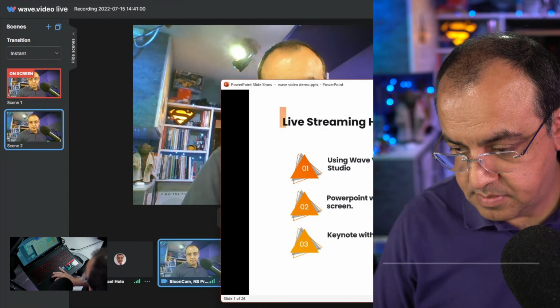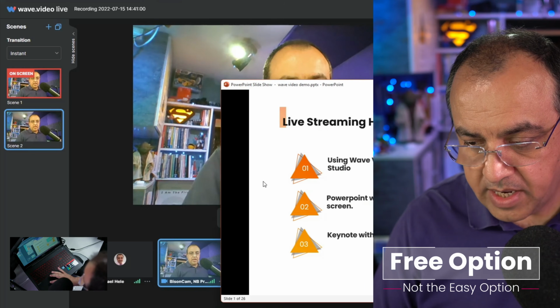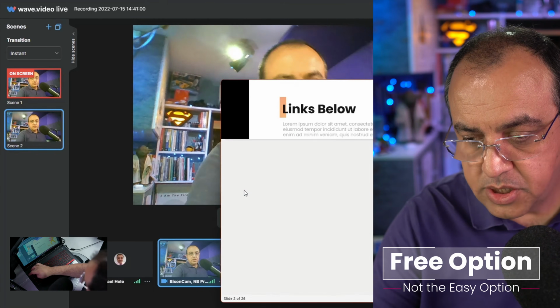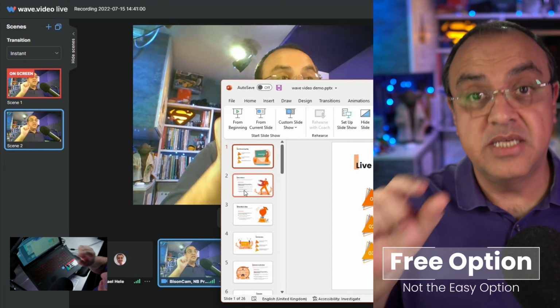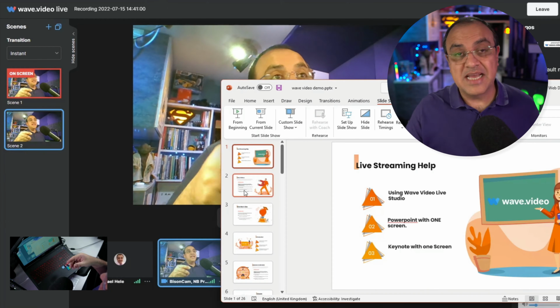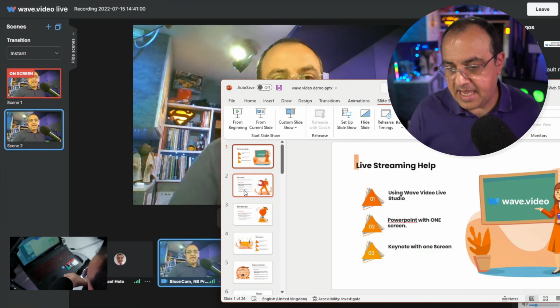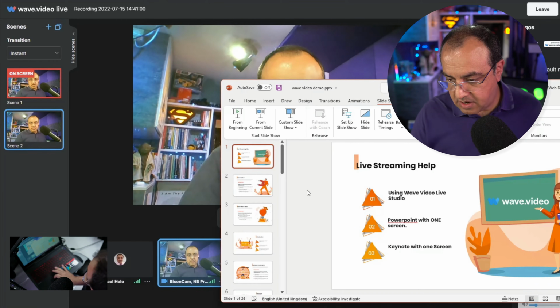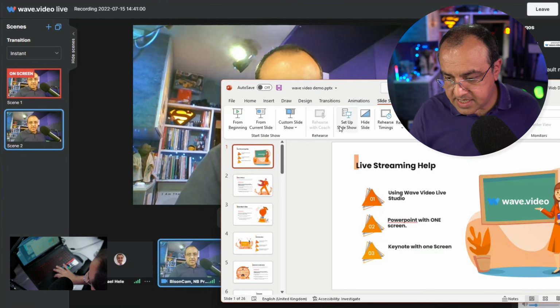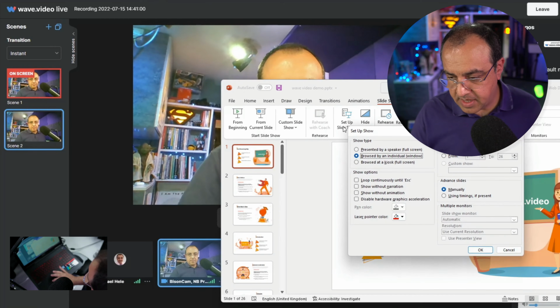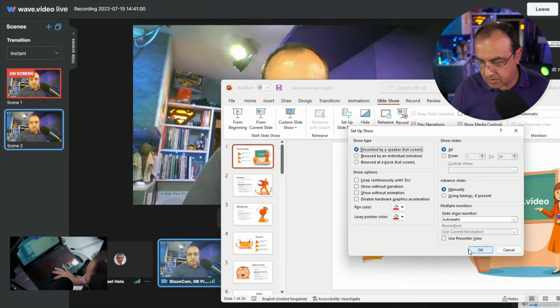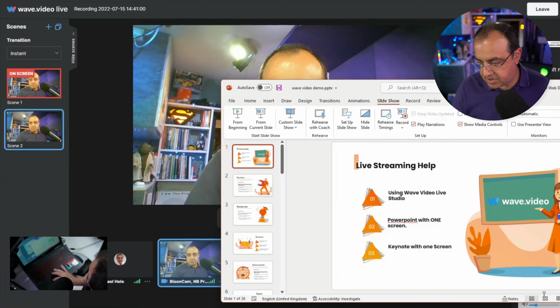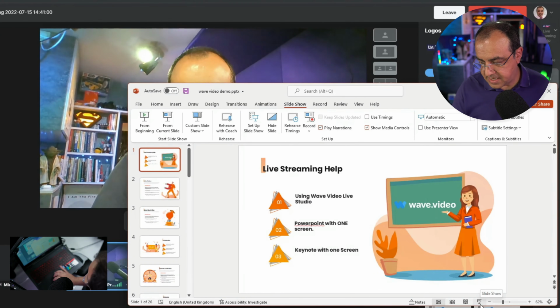Now I've got PowerPoint here in a window first. So I'll show you two methods. One is a window method, and the second method is using a little dongle where you can actually mimic a second monitor. So if we go to this setting here, setup display. Now if I leave this as normal, for example, and I say OK, and if I press present,